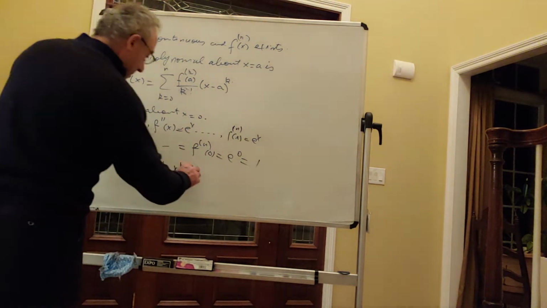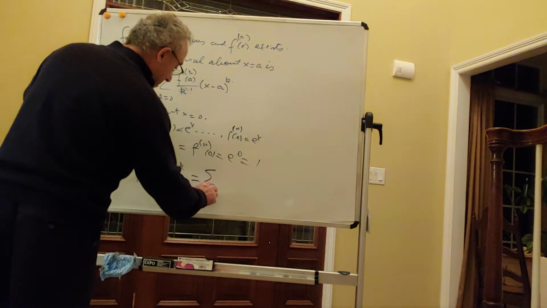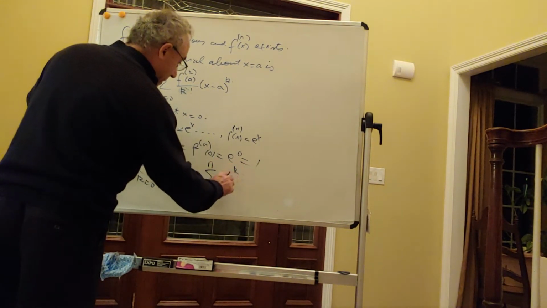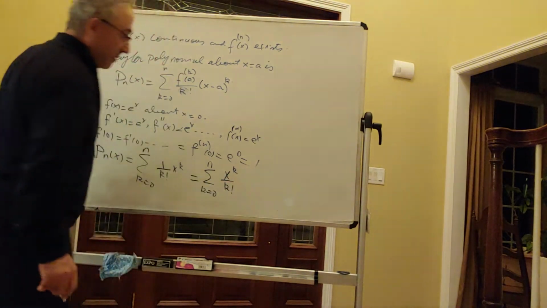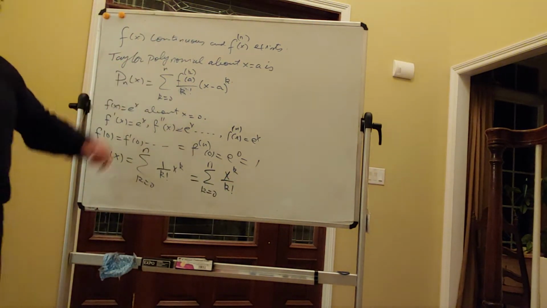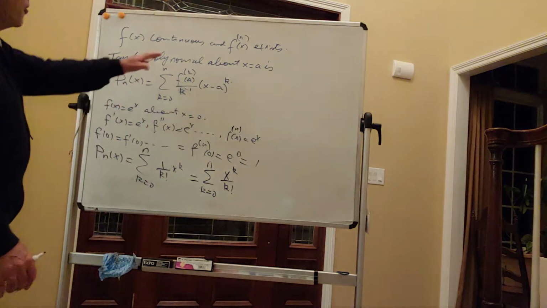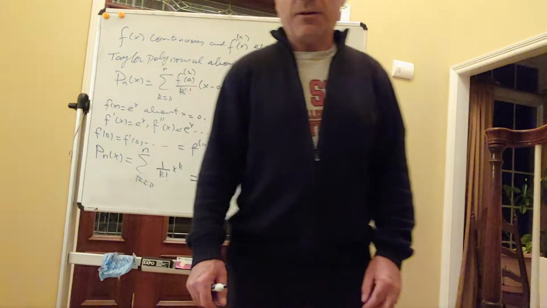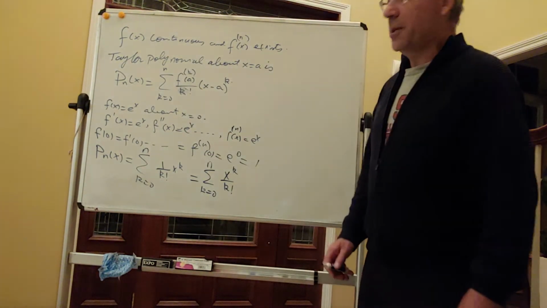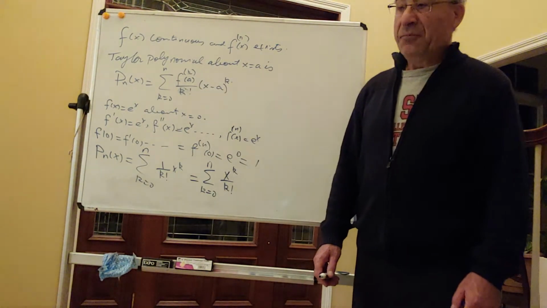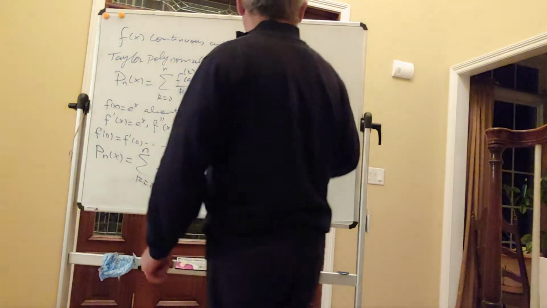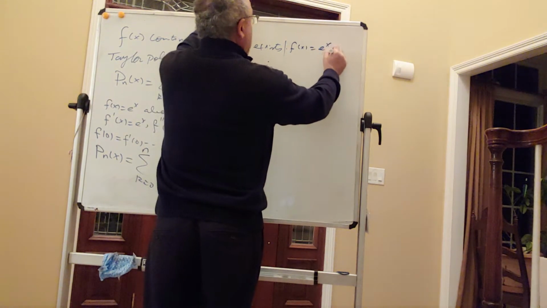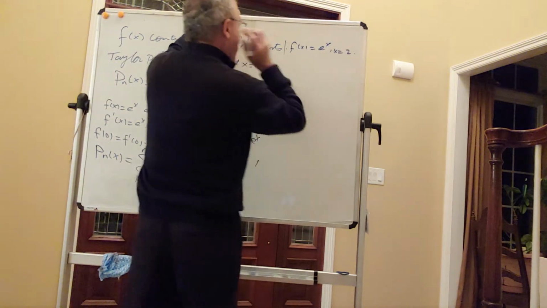So that is the sum from k equals 0 to n of x^k over k factorial. Okay, so that is the Taylor polynomial of f of x equal e to the x centered at x equal to 0. So we can do it at any point x equal a and so forth. So if you want to do this, f of x equal e to the x at x equal 2, say,